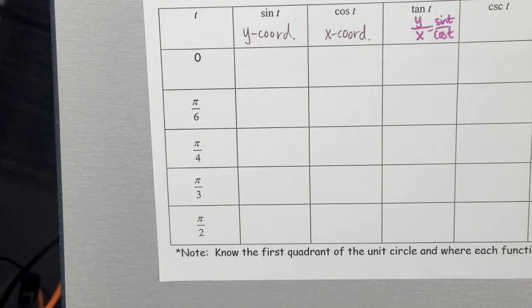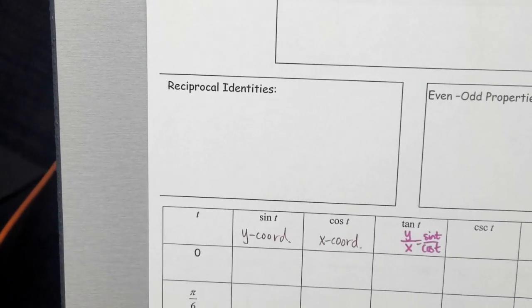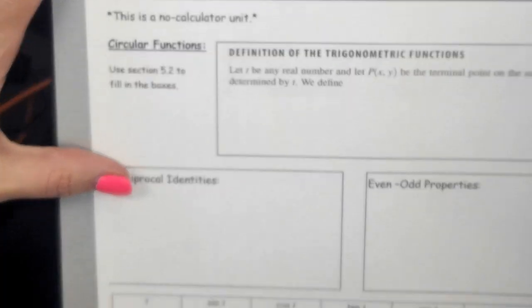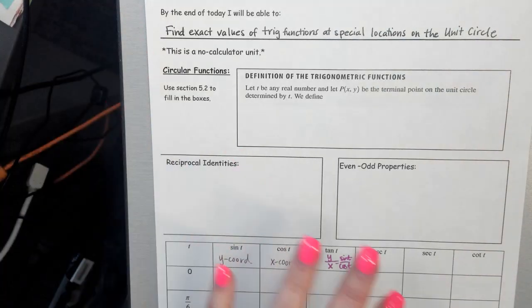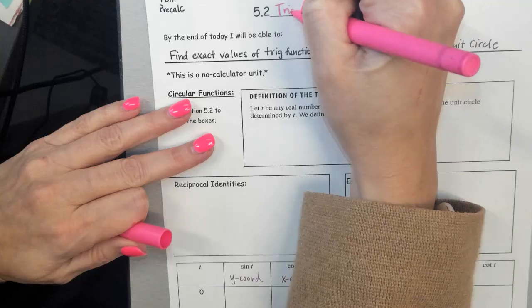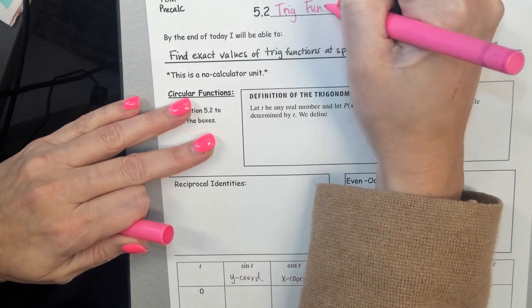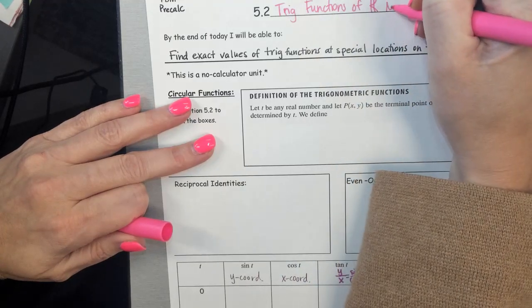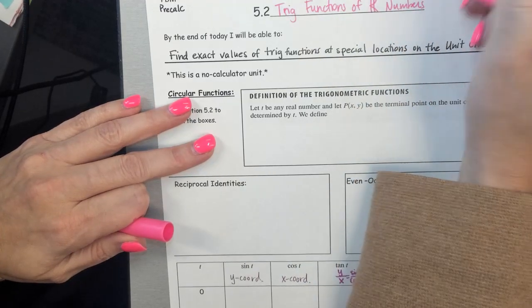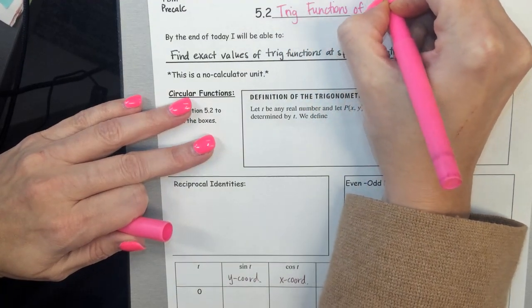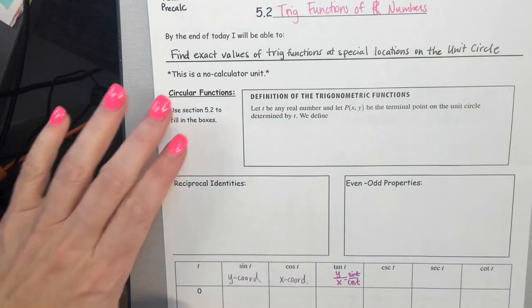Right. So while some of you are finishing up the columns, we are going to talk about the trig functions. So this is called trig functions of real numbers. Okay, and so we are going to find exact values of trig functions at special locations on the unit circle